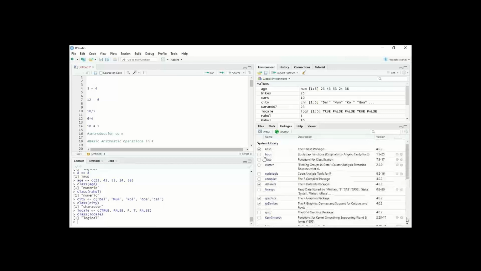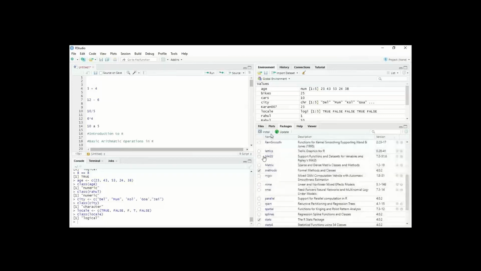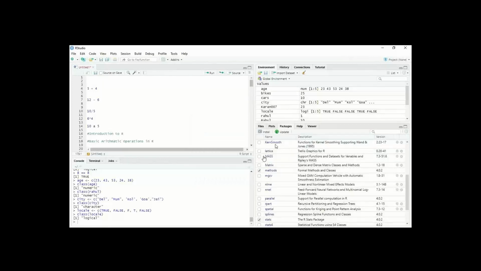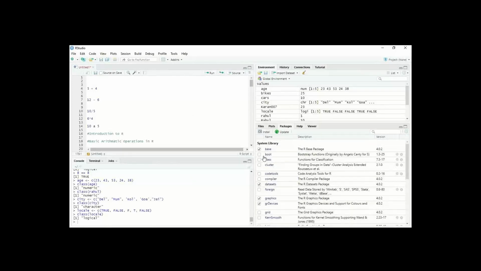Manohar, I don't know what you are up to. Why don't you install Sword?